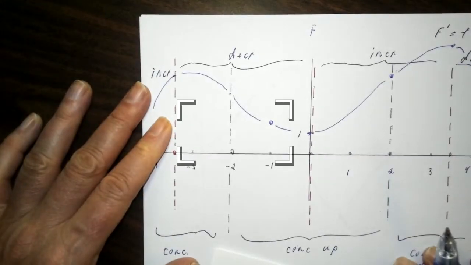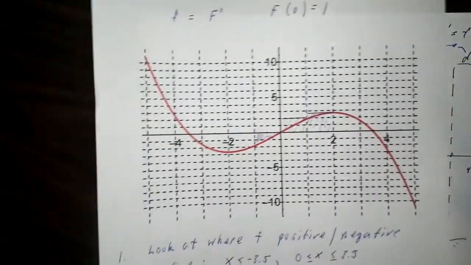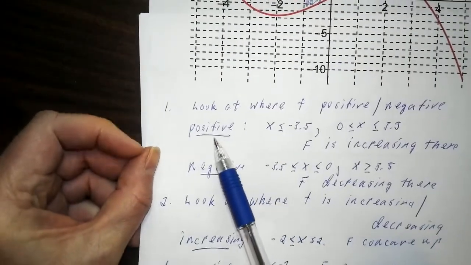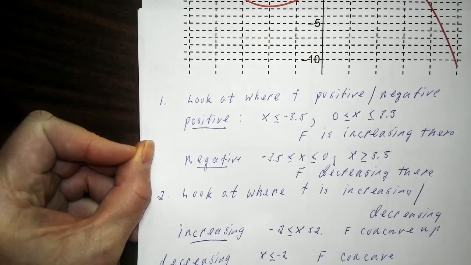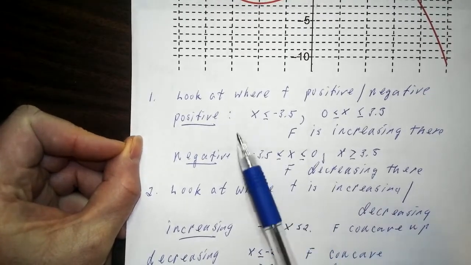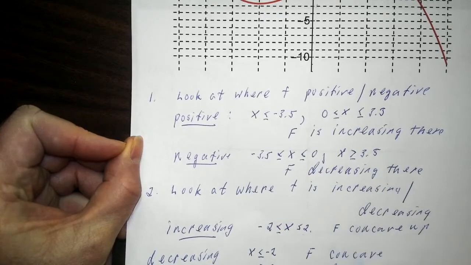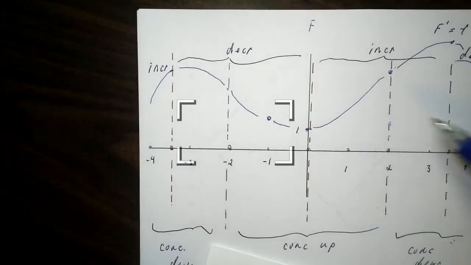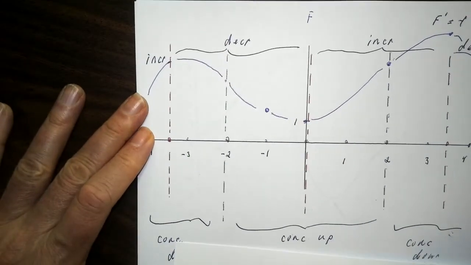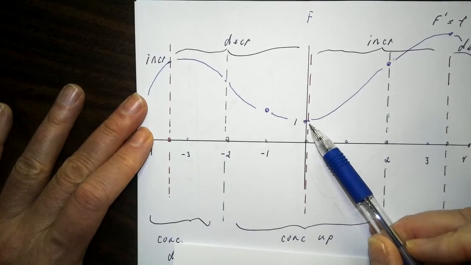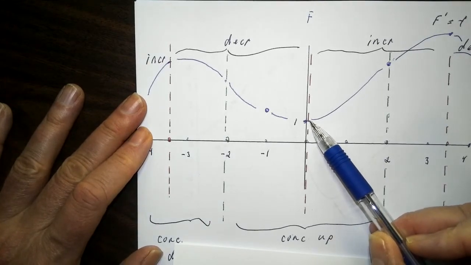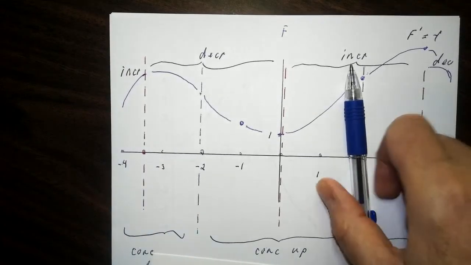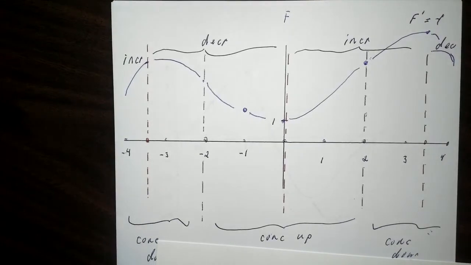So to summarize the process, what you want to do is look at the graph you're given, little f. You want to break it down into where that graph is positive, negative, increasing, and decreasing, because that will help you determine where your antiderivative is increasing, decreasing, concave up, concave down. Then break your picture up into zones. You'll need a prescribed point. I prescribed that F of 0 is 1. And if you have a graph where you can make some Riemann sum estimates, you can estimate a few points nearby. Here's an example for you to consider